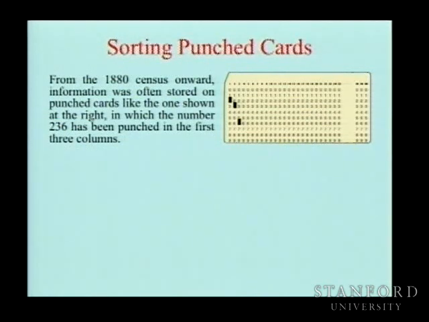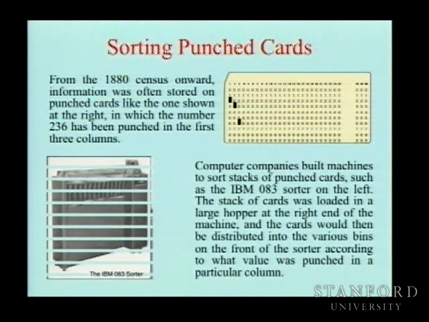So I wanted to leave you with some insight about how we could possibly do a little bit better than selection sort. And it turns out there are algorithms that do substantially better than selection sort. One of the easiest of them to describe is an algorithm called radix sort. And it comes from back in the days when we had these punch cards with holes in them to represent numbers. So say you had a bunch of 3-digit numbers that you wanted to sort.